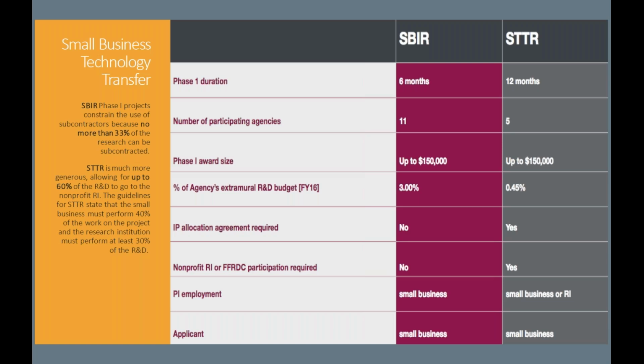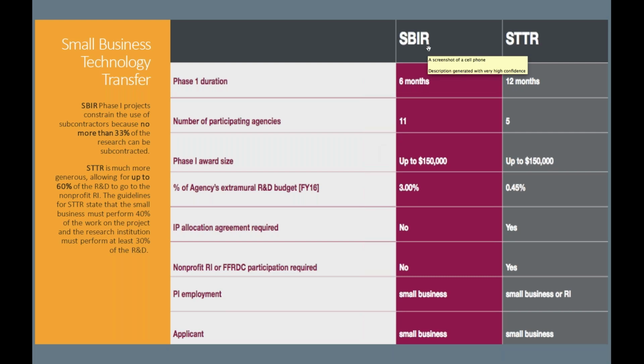So I'll move on to the differences between SBIR and STTR. Really the biggest one is what percentage of work is done within the small business and what percentage can be done with a research laboratory, a university partner, or a nonprofit. In both cases, the applicant needs to be the small business who receives the funding. But how much can be subcontracted varies by what type of mechanism it is.